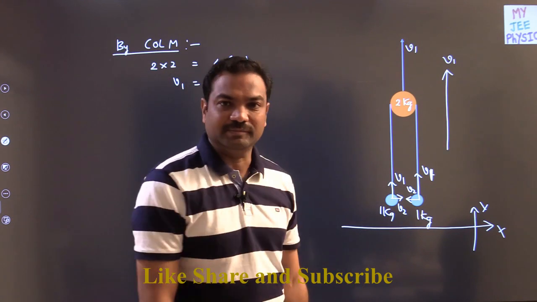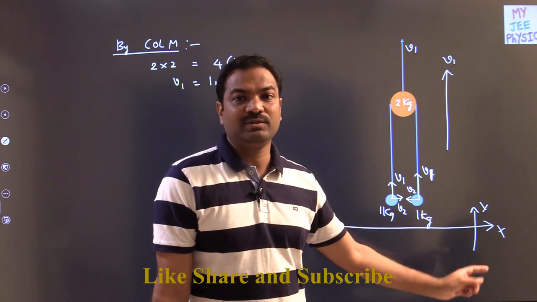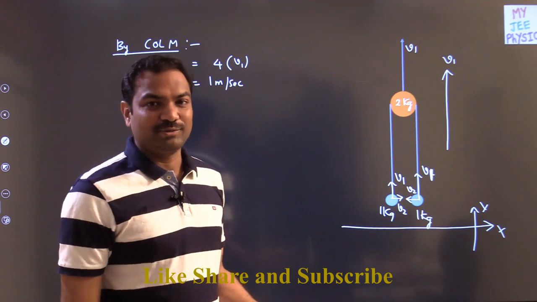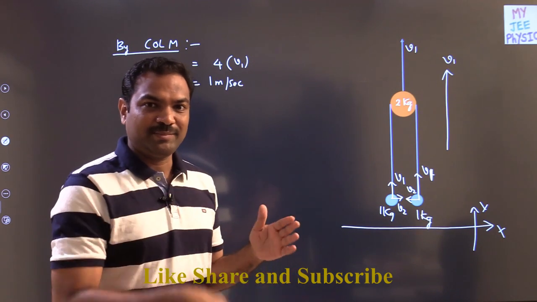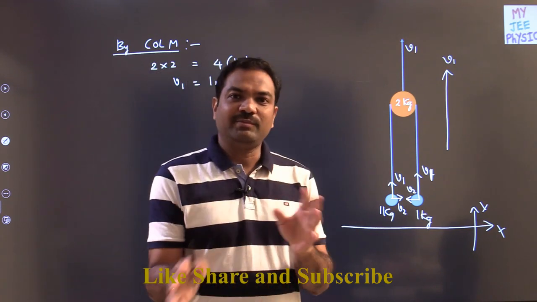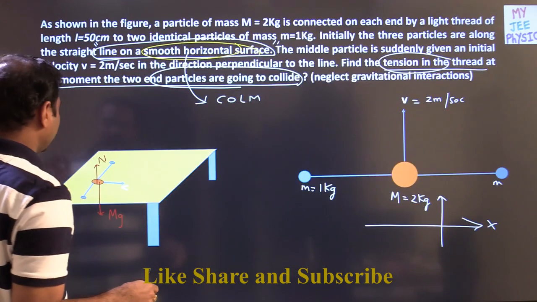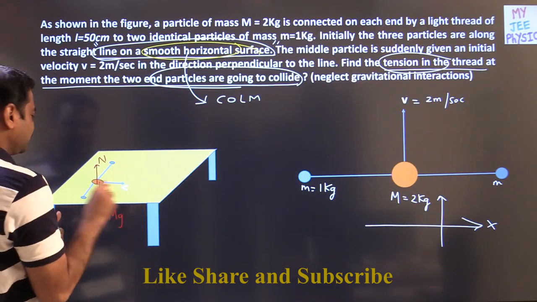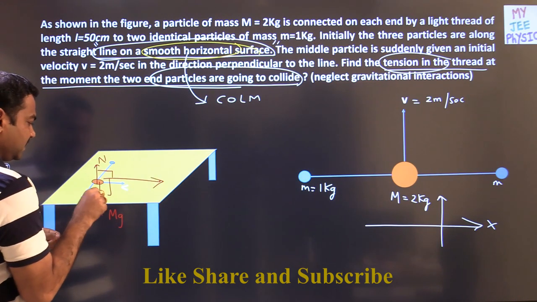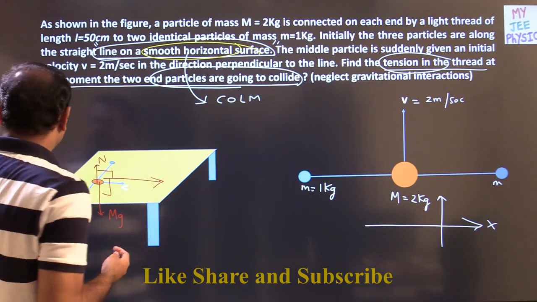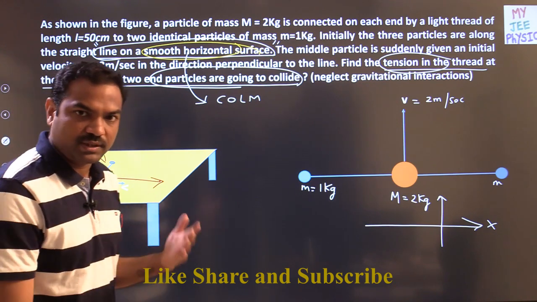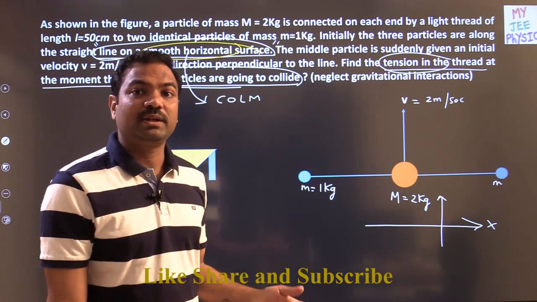But I want to find out the v2 value. So v2 value, I cannot find out by using conservation of linear momentum, because initially 0, now also 0. Okay, so now what else can I do? See, mg and normal reaction are cancelling out, and horizontally no friction is acting. Means whatever be the mg and normal reaction, those will do 0 work done, because the system is moving forward. Normal reaction and mg both are perpendicular, then work done by these forces will be 0. So work done by all forces, even no friction is present, is 0. So work done is 0, kinetic energy should be conserved.